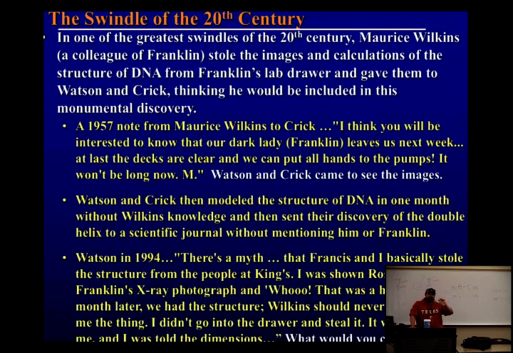But they couldn't get it right. So who do you think they called to come and help fix it? Yeah, they called Rosalind Franklin, and she didn't know that they had stolen her work. So she helped them model the structure of DNA. Maurice Wilkins was promised that his name would be on the paper, but guess whose two names were on it when they published the paper? Watson and Crick, and they won the Nobel Prize for that.